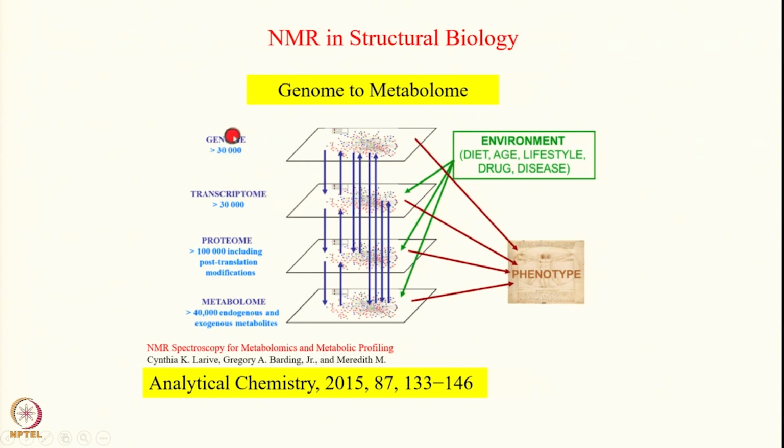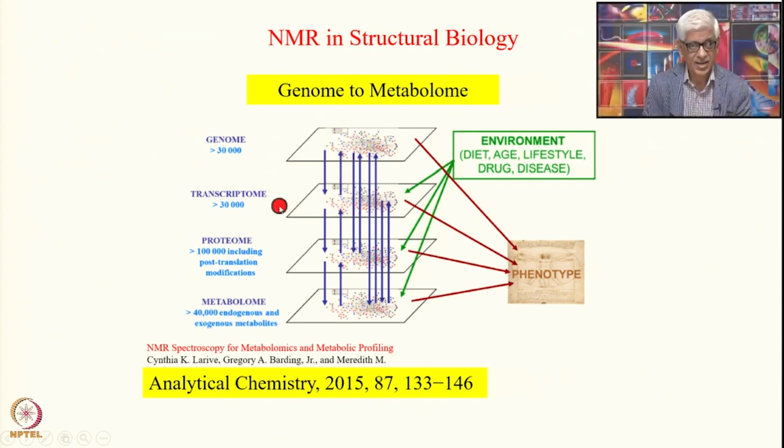So you have 30,000 genes which are expressed and produce 30,000 mRNAs. These 30,000 mRNAs are called the transcriptome. This is very characteristic of every individual. Every cell has its own transcriptome, therefore it becomes important to study what is the process from here to here. And then from these 30,000 transcripts you produce nearly 100,000